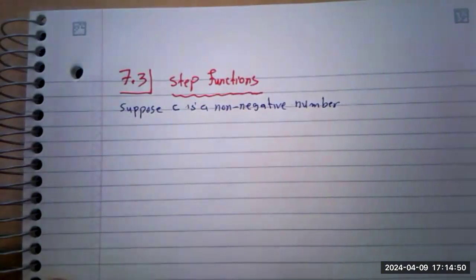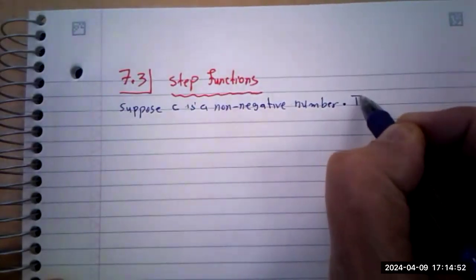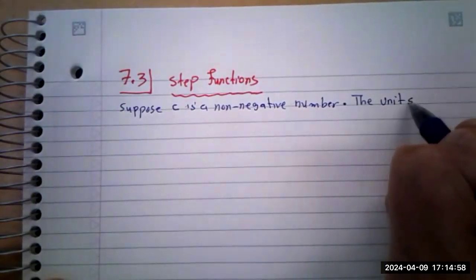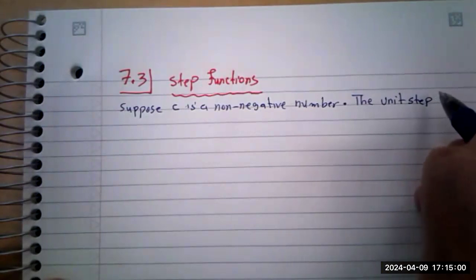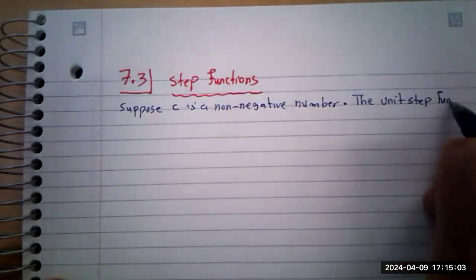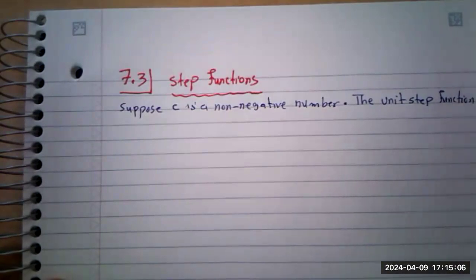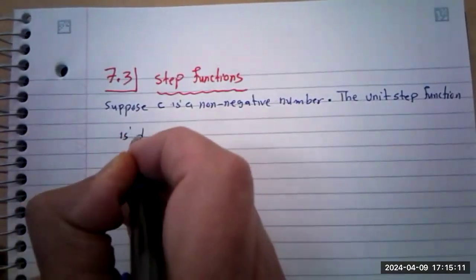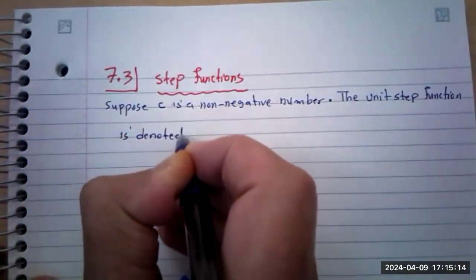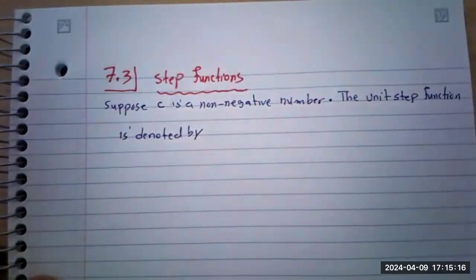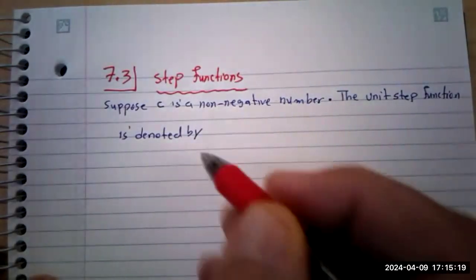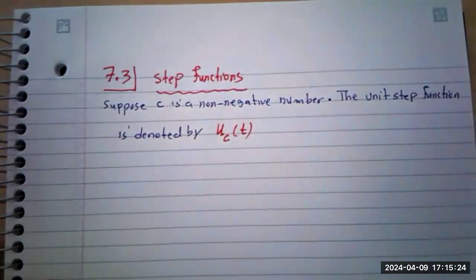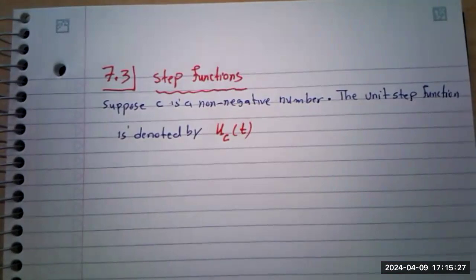Okay, if this is going to be the case, then the unit step function with this base, unit step function, is going to be denoted by, yes, the notation. The notation would be this one: UC(t). So C is going to be the base that we're going to have, and this is a function